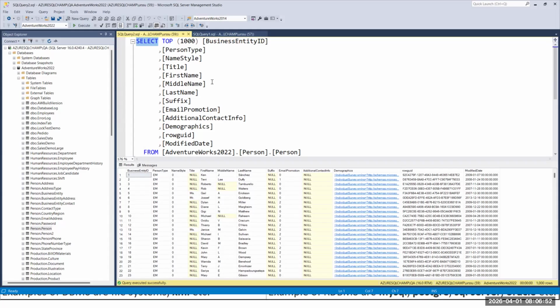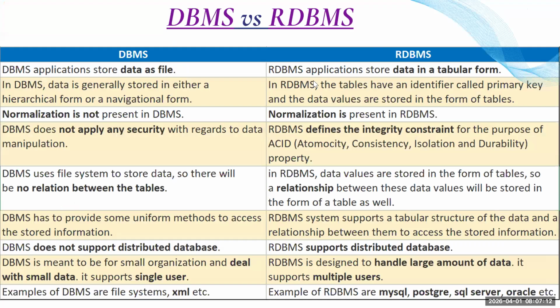So insert is nothing but loading a new record. Update is when data is already there and you are updating the existing data. Delete means whatever data is already available, you are going to delete. And select means whatever data is available, you are reading it. So usually we perform these four operations. But coming to RDBMS, your data is stored in the form of tables.